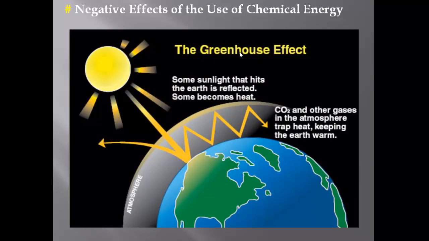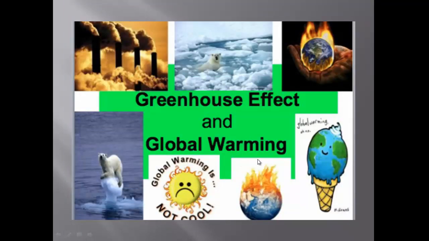This is mostly discussed topic, the greenhouse effect. We know how the greenhouse effect actually happens due to the production of more carbon dioxide in the atmosphere. Heat that comes from sunlight is trapped, and for this the atmospheric temperature is increasing day by day, which is actually the greenhouse effect. And for this greenhouse effect, global warming occurs, and due to this global warming, follow the pictures,